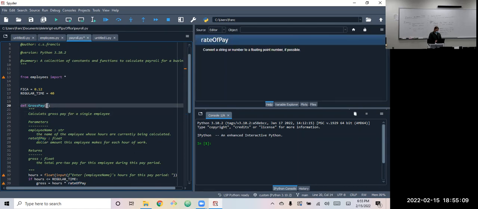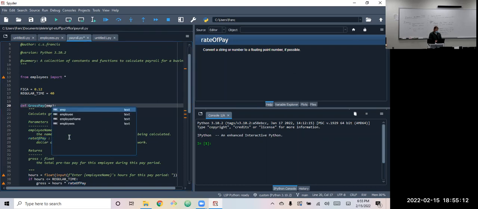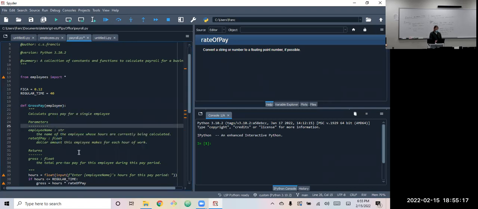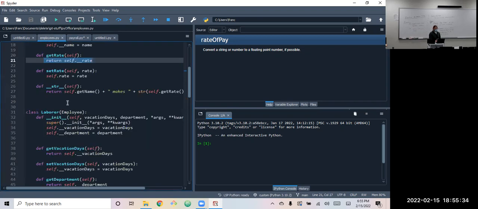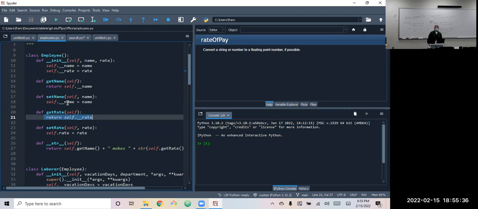So like this gross pay method, instead of setting up two parameters to pass in, what if we just passed in that employee data? That's the whole point of an object, is we have a specific type of data we need. And this is office management clerical type software. So we have some very particular needs for the data that's going to be used here. So we create an object that fills those very particular needs.